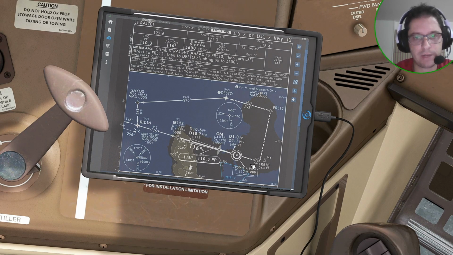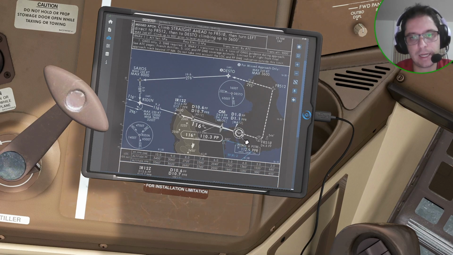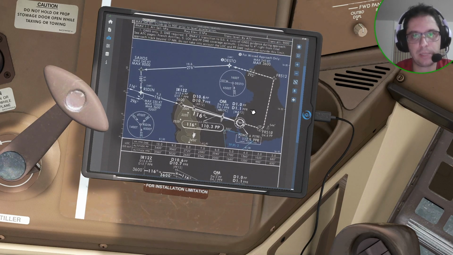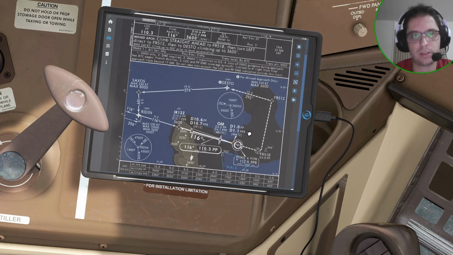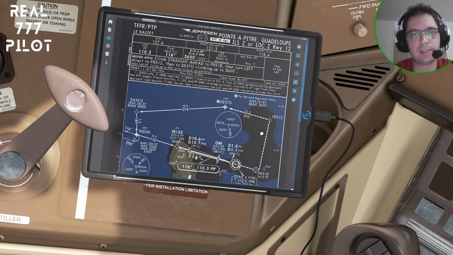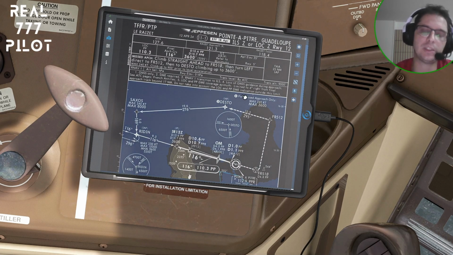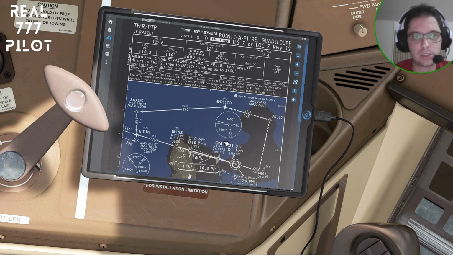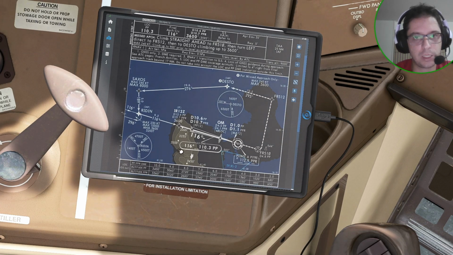Foxtrot Romeo 510 looks like it's a few miles ahead of the runway, so not a big deal for us to continue and make this left turn. Okay, if we think that there is some weather or something related on this side of the approach, we always can ask ATC to continue straight ahead, and in this case I would be climbing to